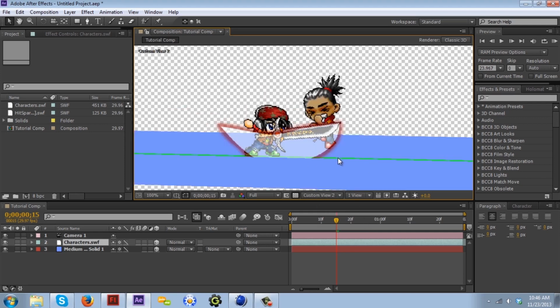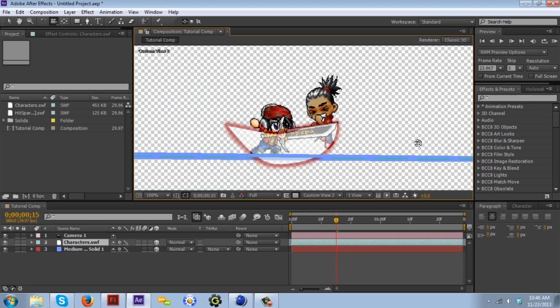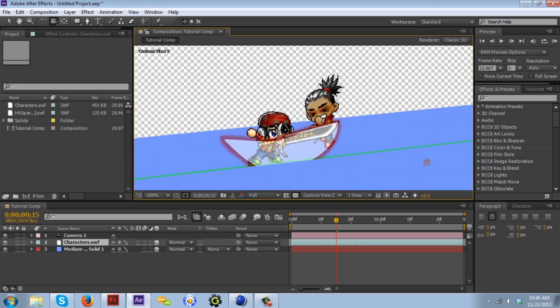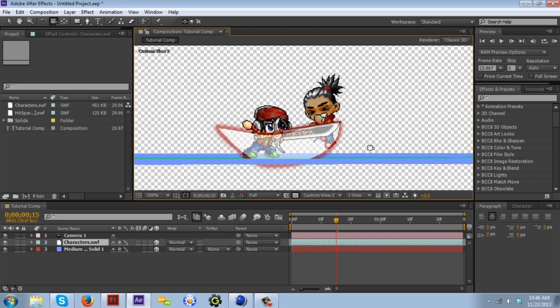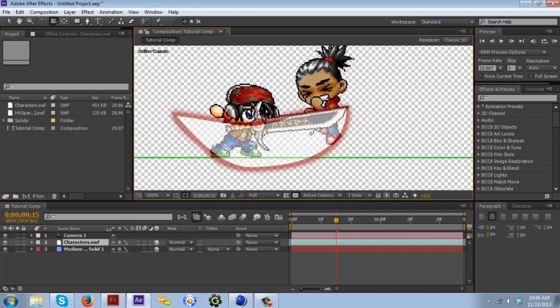and go into a custom view. As you can see, I have a platform for Derek and Mally to be standing on, and I already have them set up as 3D layers, which I explained in the first tutorial. And like I also explained in the first tutorial, cameras don't work on anything except 3D layers